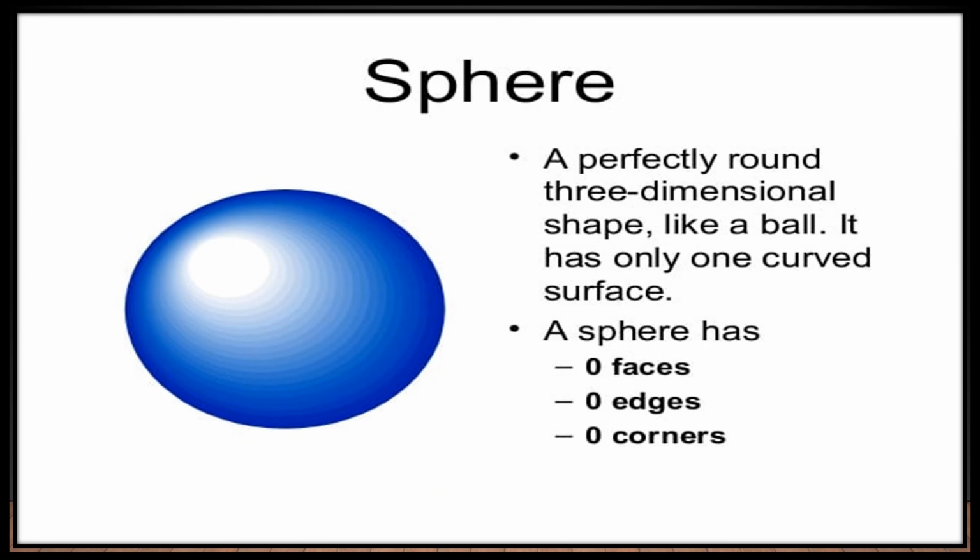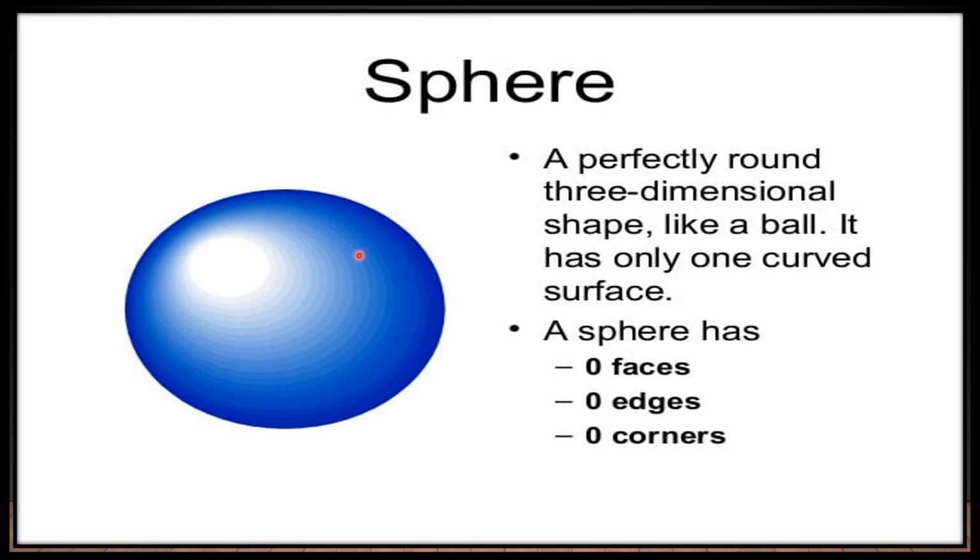Now the next shape, children, you can see this shape is called a sphere. It looks like a circle or oval, but it is not that, it is a sphere. Now a marble, even your earth, has a spherical shape. So they roll very easily. Why do they roll easily? Because they have one curved face. This one curved face, your football, all these are examples of a sphere.